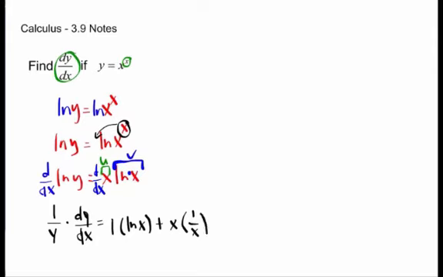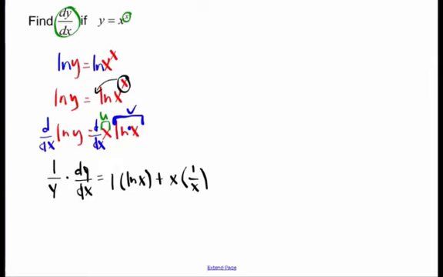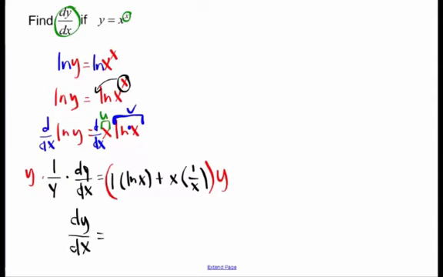And so now you're going to want to get that all cleaned up and get your dy dx all by itself. So how do you do that? Well, multiply both sides by y. And when you do that, you have dy dx equals the natural log of x